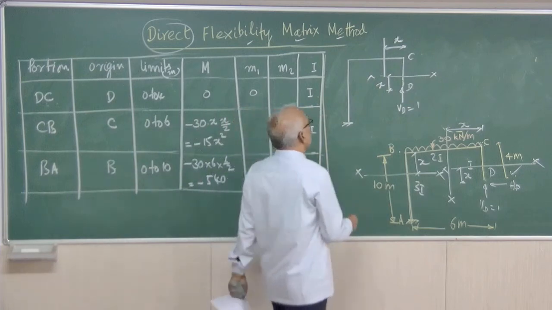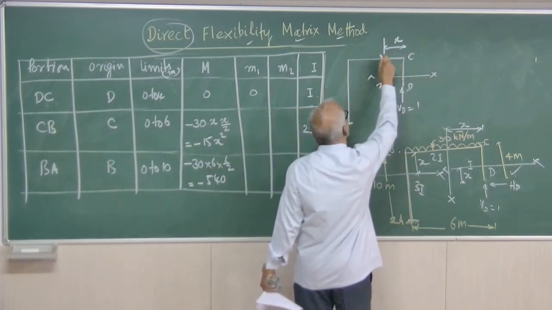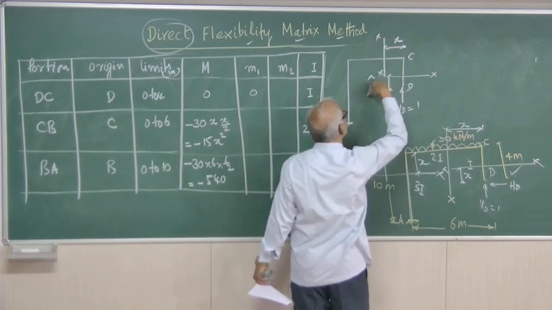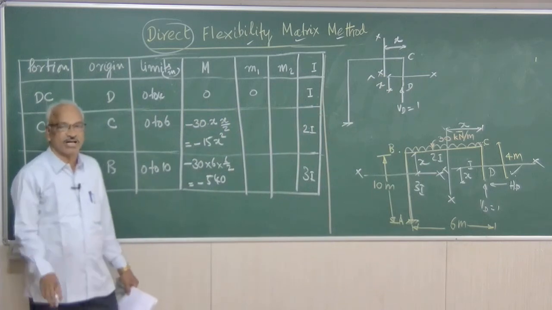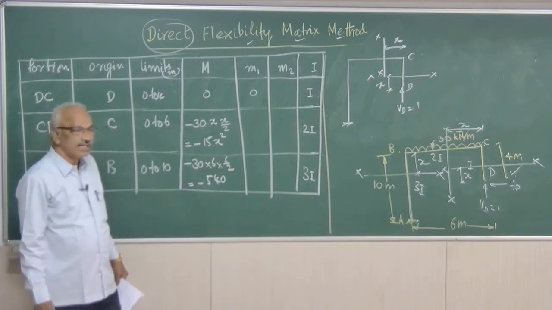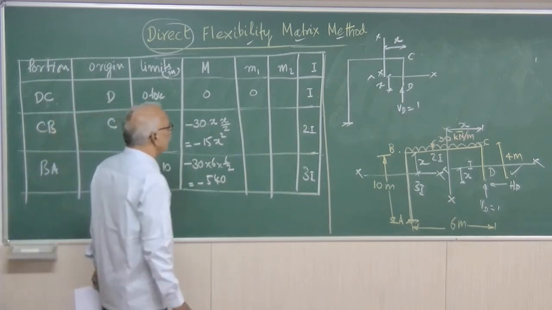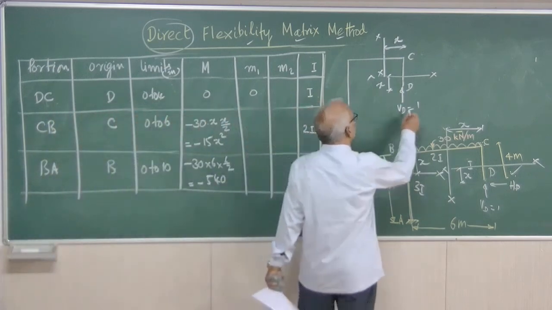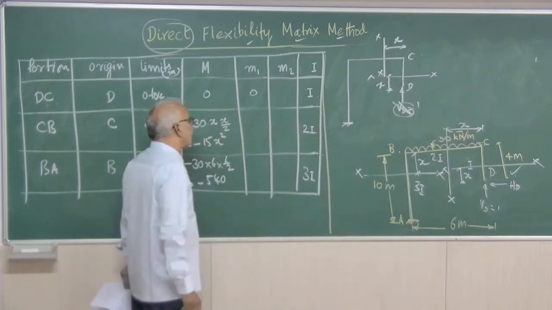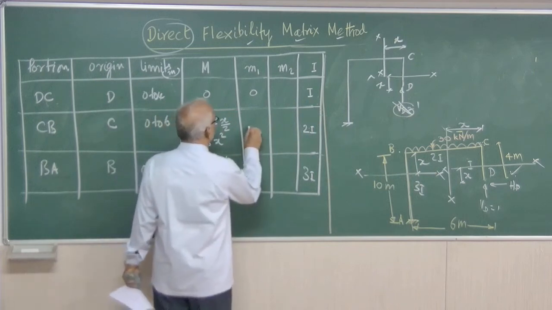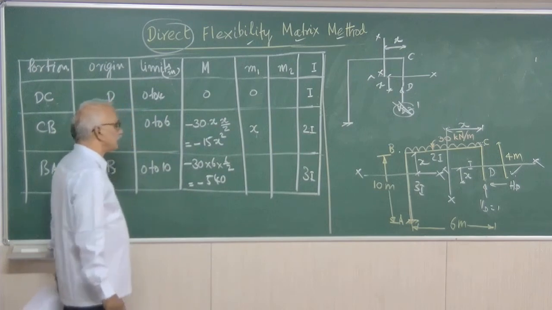Due to this load, VD into X meters will be the moment. The moment about section XX will be VD into X. So, VD into X will be anti-clockwise. Therefore, it is positive. We are applying VD equal to unity, so 1 into X, anti-clockwise. Therefore, that value equals 1 into X, anti-clockwise, therefore it is positive, right.